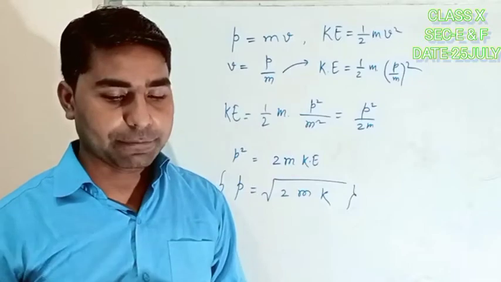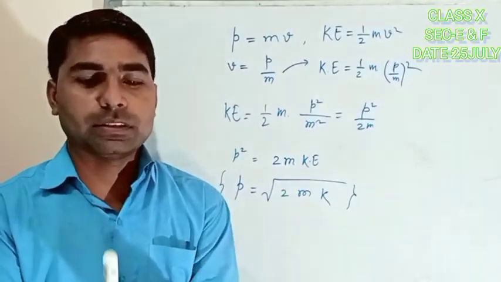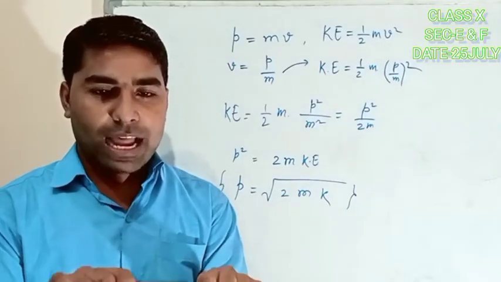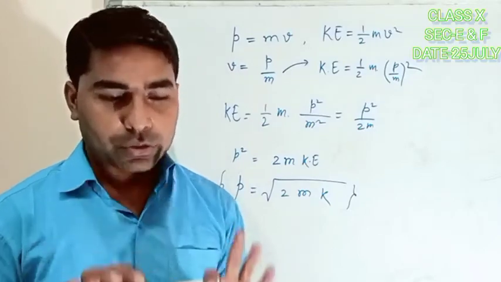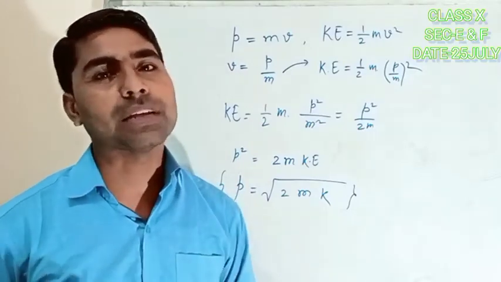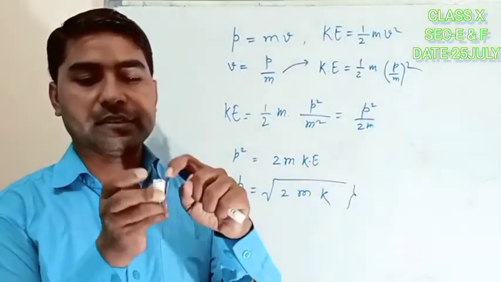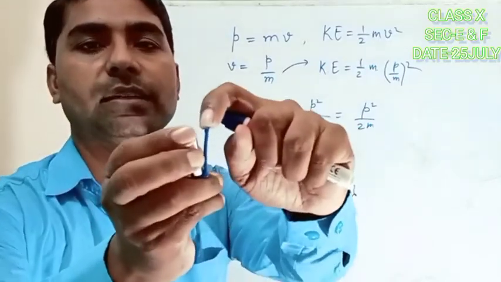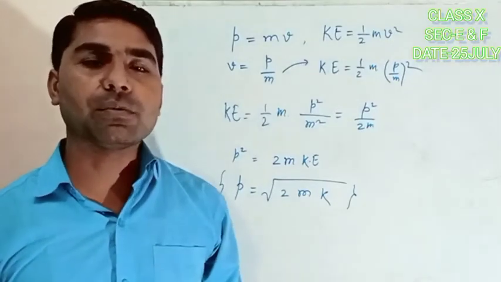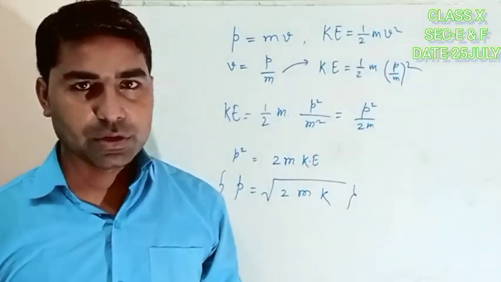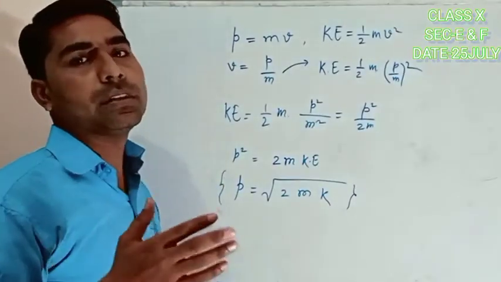This type of energy, which is lying anywhere due to its position, is called gravitational potential energy. And suppose this is an elastic thing and I stretch it, it will bend. But when I release it, it will come back to its original position. On stretching it has some gap, and on releasing, the gap is removed. So this type of energy is the elastic potential energy. Gravitational potential energy is due to position, and elastic is due to configuration.